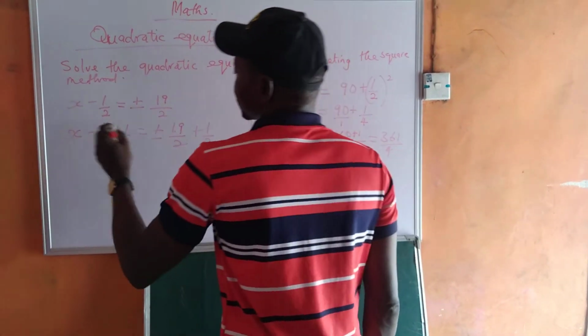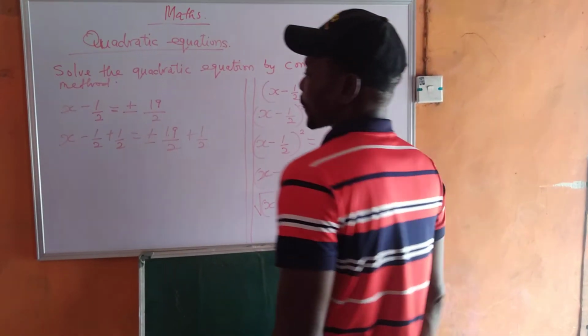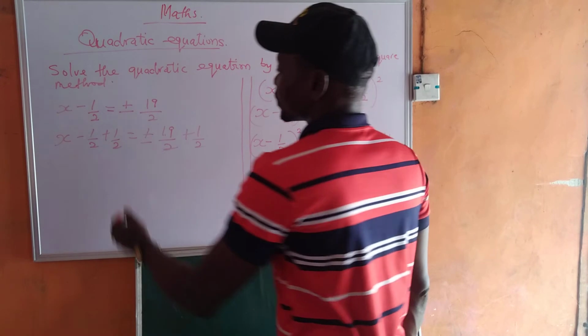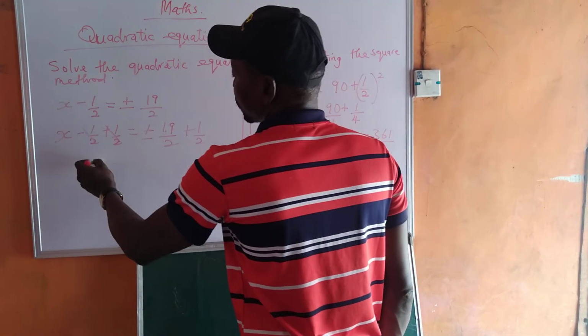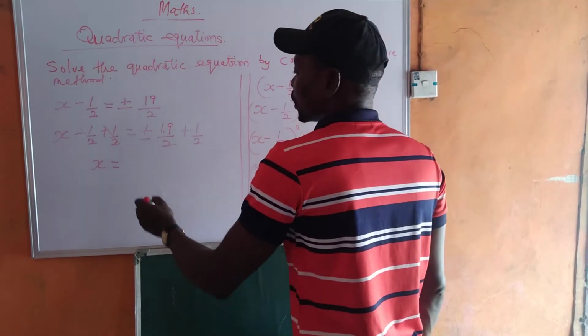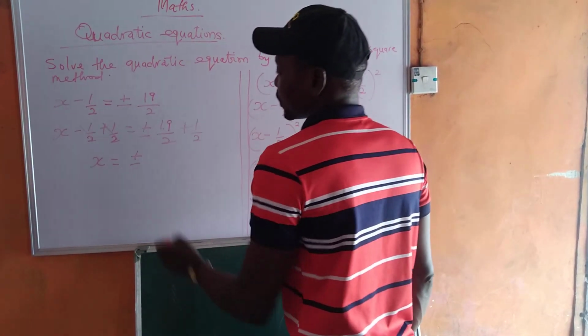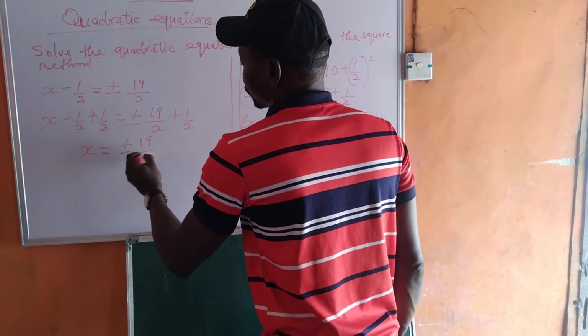So I said add this one to both sides. Then after doing that, we discover that minus 1 over 2 plus 1 over 2 cancel. Then we have x left to be equal to plus or minus 19 over 2